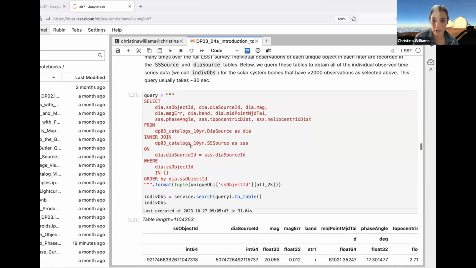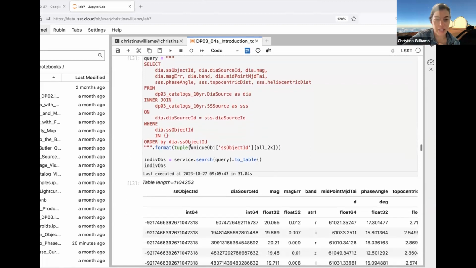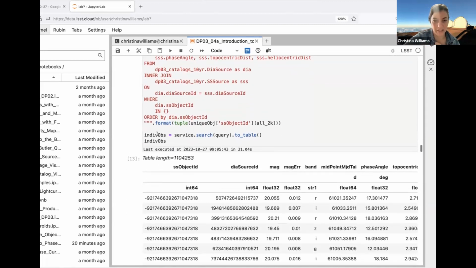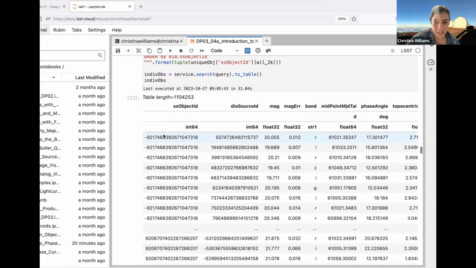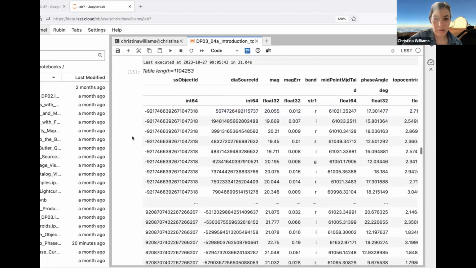We're going to search on the SS object ID, and then combine all of the individual observations for each unique source in something called the individual object table. Here it's indiv obs. So we perform that search to collect all of the observations of unique objects in individual images. And so we get this table here.